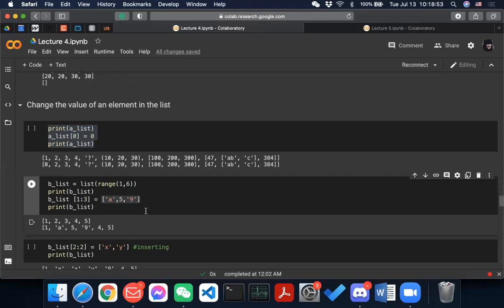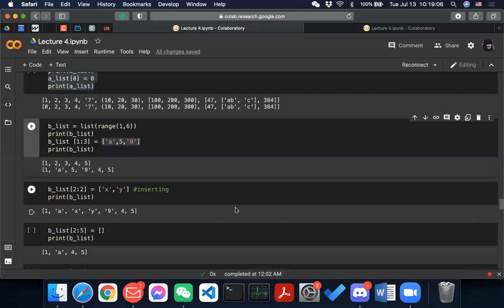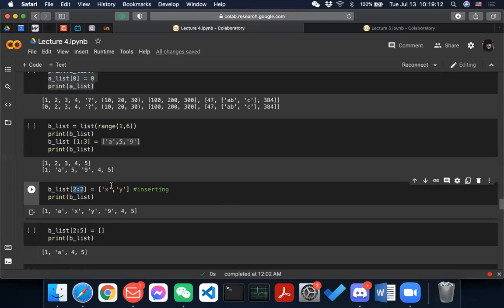You might think that if you're replacing two elements, then you have to provide two elements, but that is not the case for Python. You can even do this, and then 2 to 2 does not actually mean anything.